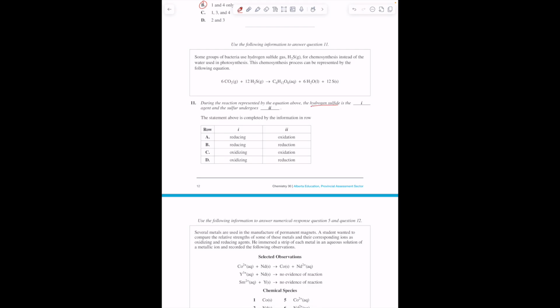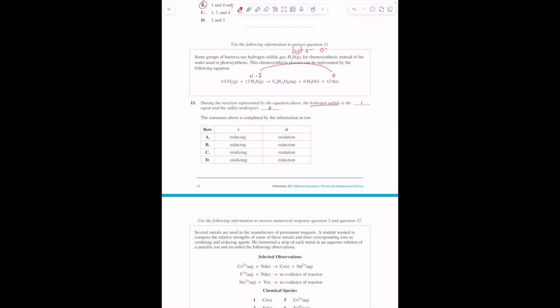So it's asking about hydrogen sulfide. So H is +1, O is -2. And then over here, S is an element, so it's 0. If the number goes up, my analogy is if the rocket gets blasted into the sky, we lose sight of it. If the number goes up, we lost electrons,